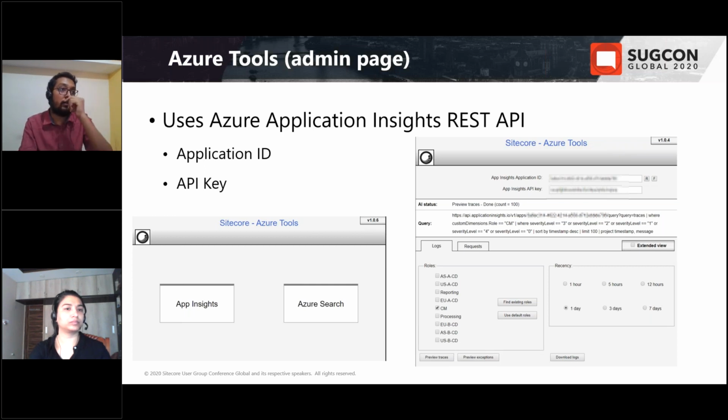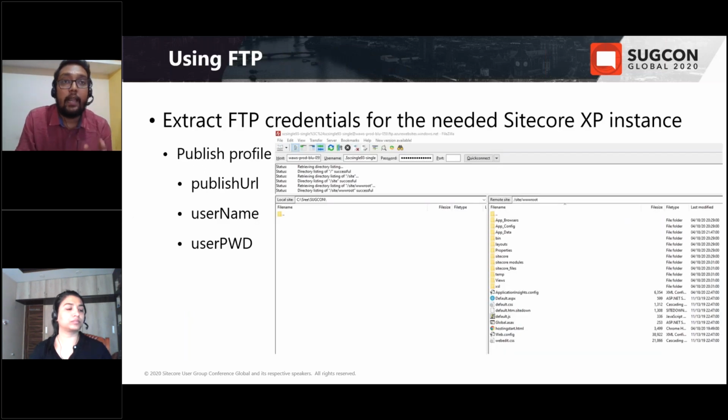This is not actually kind of troubleshooting, but this helps us to connect to the FTP server using a FileZilla client, and then we can browse the web app directory directly.